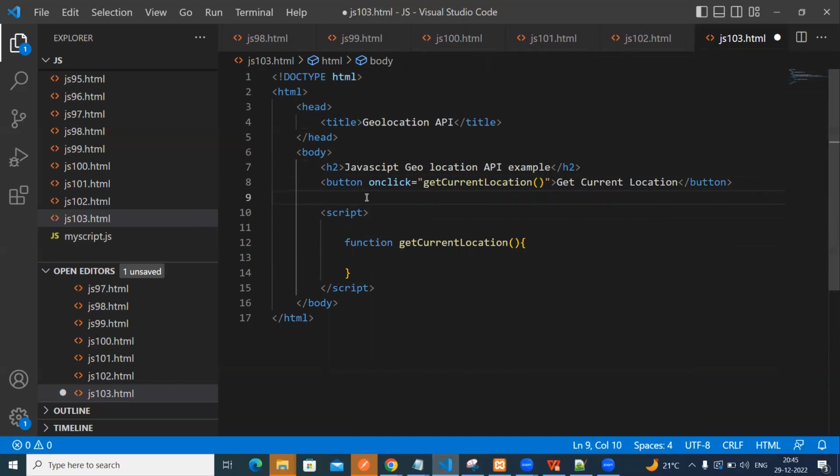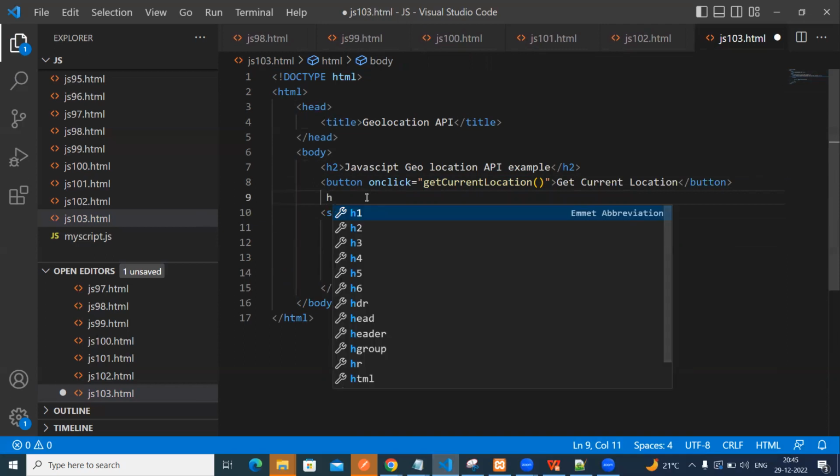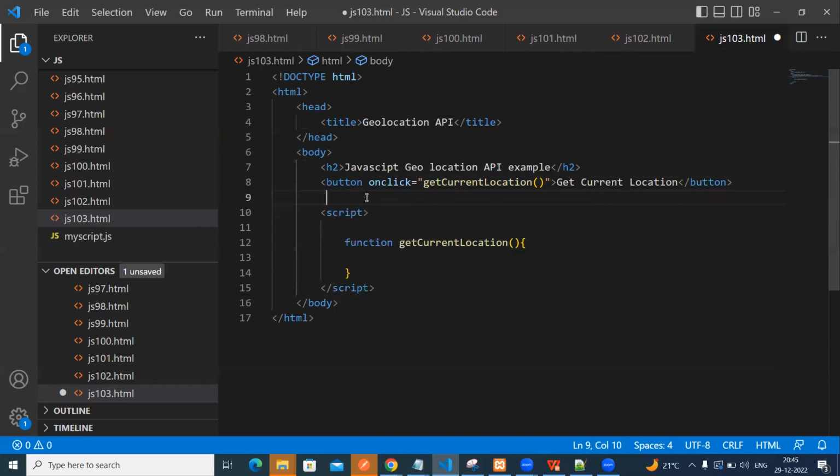To append the result, I'm creating one h3. Okay. So then id equal to myLocation. Okay. So this is my id. So then here,